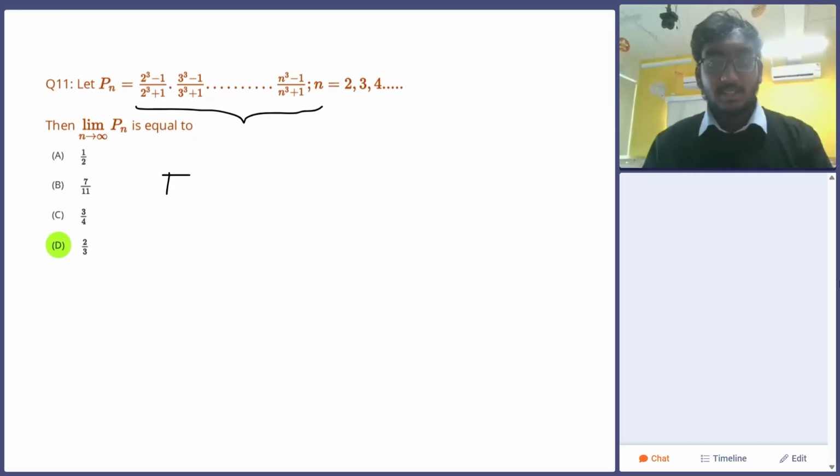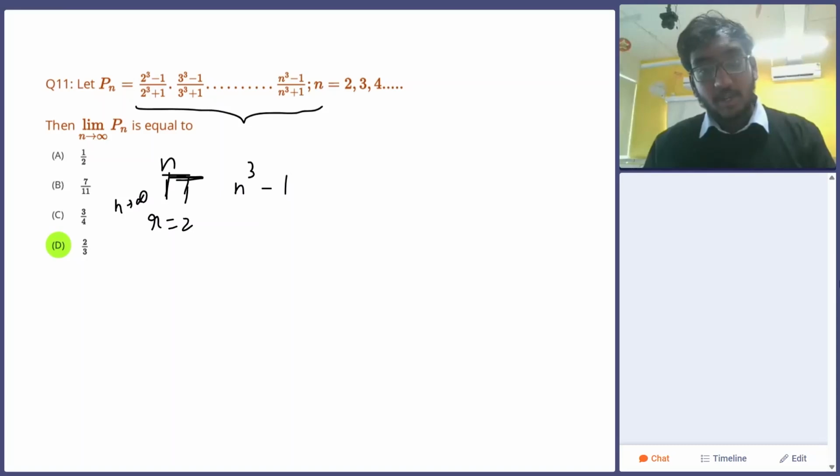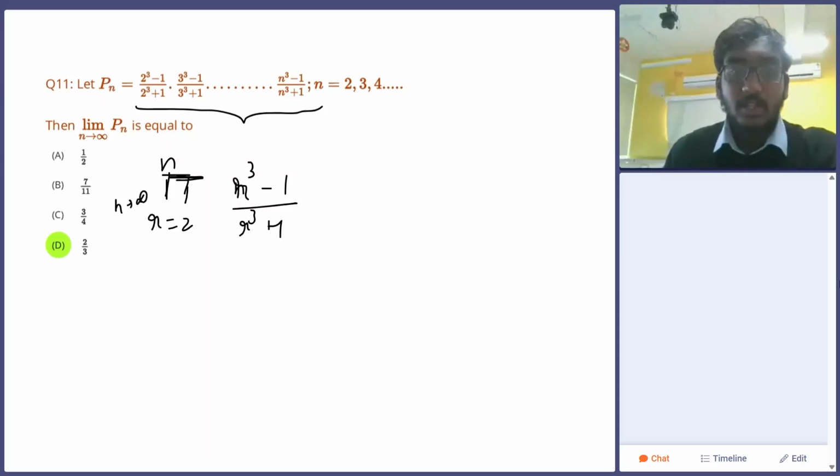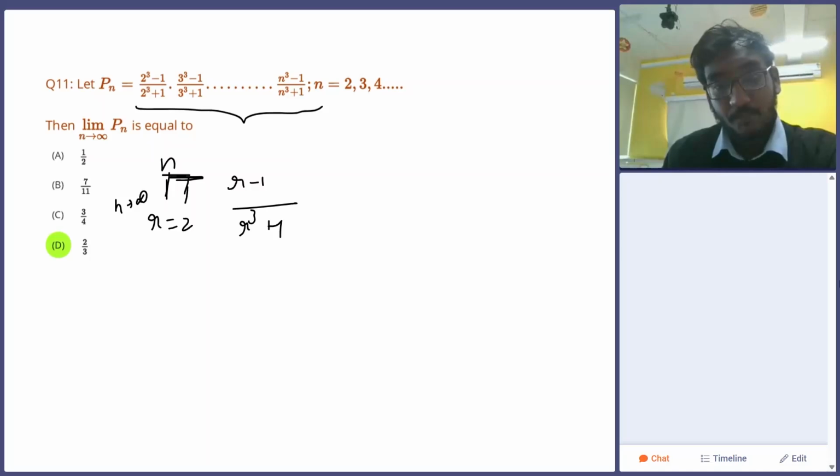Just write a general expression. It's actually a product, so I'm using pi. Sigma is used for sum and pi is used for product usually. Product for r equal to 2 to n as n approaches infinity, it is r cube minus 1 upon r cube plus 1, right? You just factorize it: r minus 1 into r square plus r plus 1, the numerator will be like that. And denominator will be r plus 1 into,